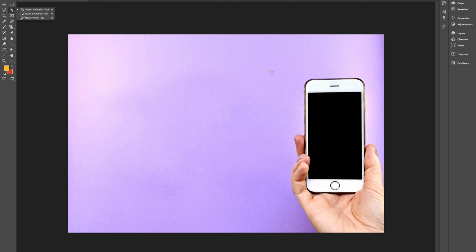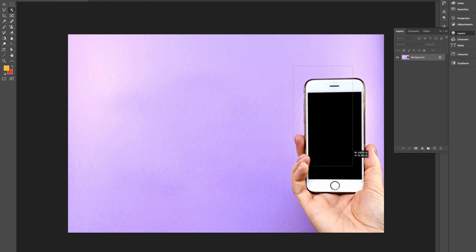So first you want to open up your layer, make sure that your photo is opened up on a layer. And then you will turn on this object selection tool. If yours is not showing, you would right click on this item, on this thumbnail, and choose the top one. And what you do simply is click and drag, covering the part that you want to select, and release once